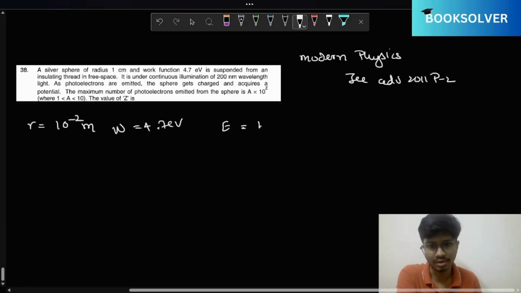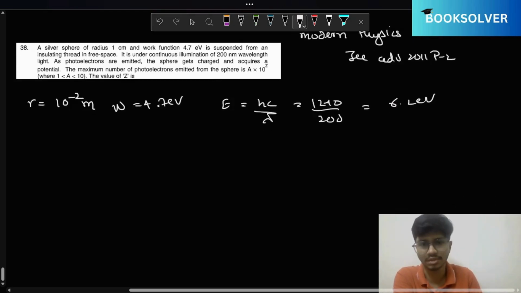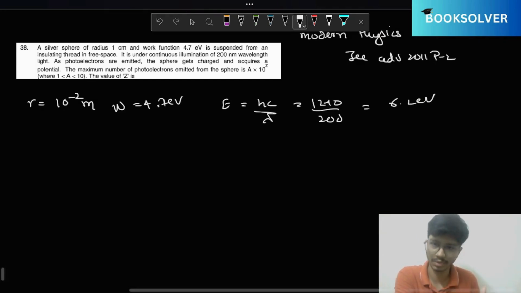So E is equal to hc by lambda, which will be equal to 1240 upon 200. So 6.2 electron volts. The sphere gets charged and acquires a potential. The maximum number of electrons emitted from the sphere is. Now the thing is, when it attains a potential and we stop illuminating it,